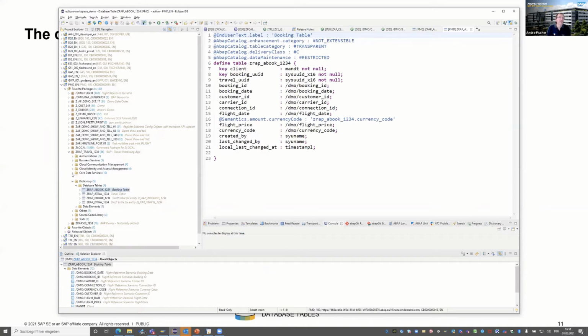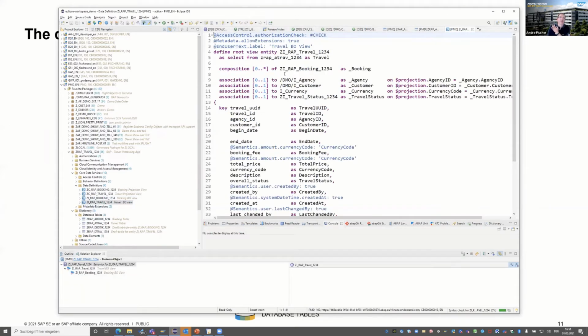You can find these here in the data definition. We find a ZI RUB travel. I stands for interface view. This is reading data from the table, and it has associations to other CDS views, but it has a special kind of association called composition that points to the booking entity.